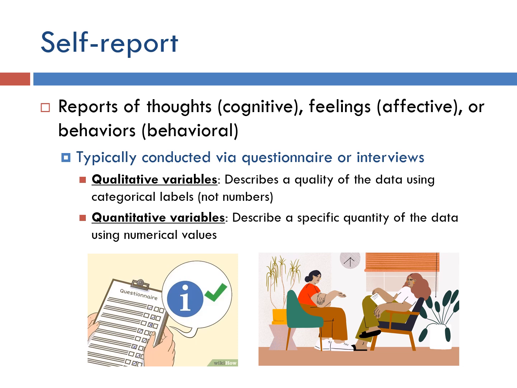Well, that's not qualitative. But if you did ascribe a number to it, that would then become a quantitative variable. This is where you describe a specific quantity of the data using those numeric values. So how many times did they frown? How many drops of sriracha did they put in the drink? How happy on a 1 to 7 scale are you? Right? That 1 to 7 scale, on a scale of 1 to 10 or 1 to 5, all of those